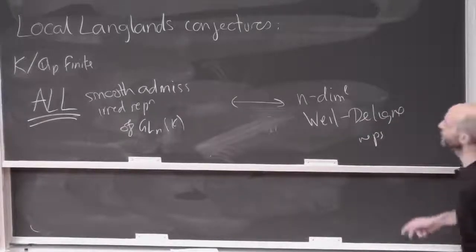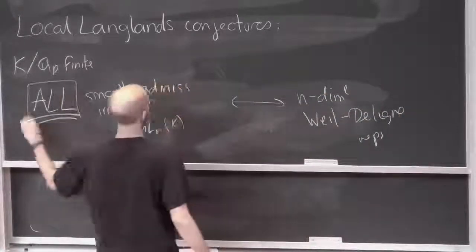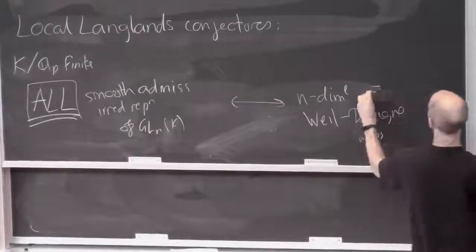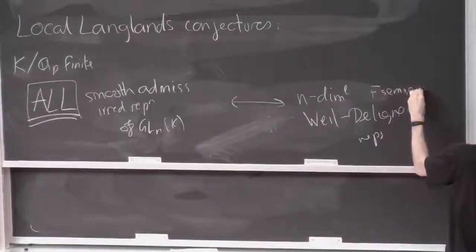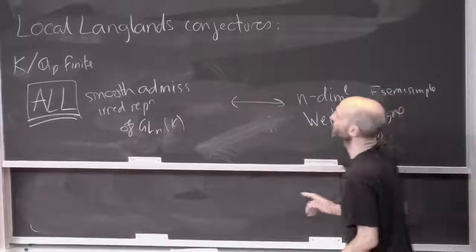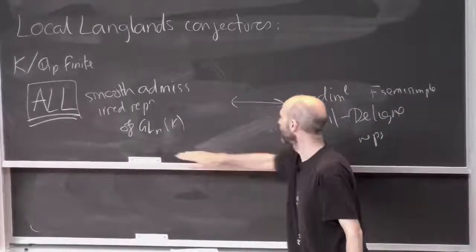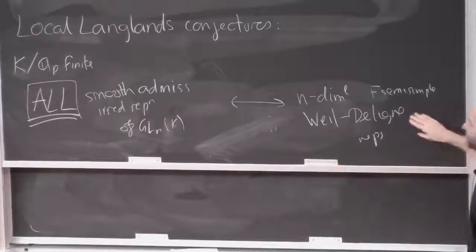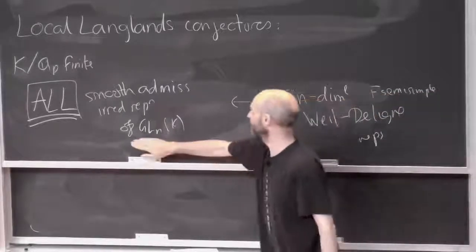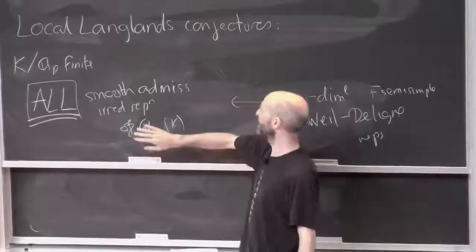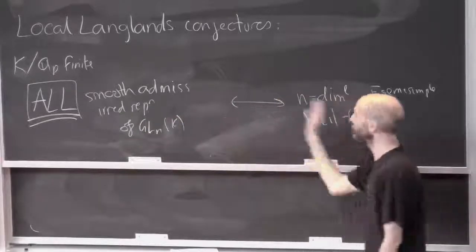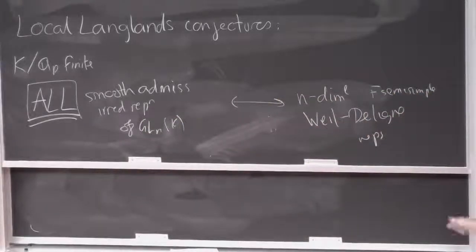Okay, but the point is, you do all of them here, right? And I guess these are F semi-symbol or something. Okay, so that's what the local Langlands conjectures look like. We have a group, and then we have a Galois-like group and a representation theory-like group, and we're saying we understand all the representations of that group via this strange correspondence.